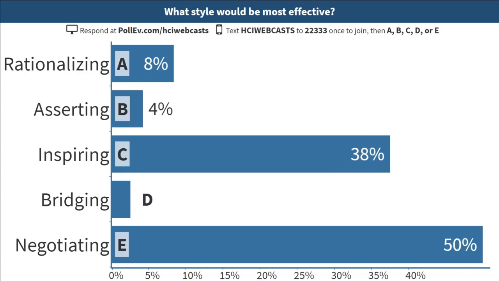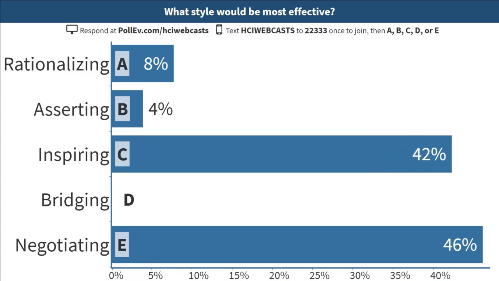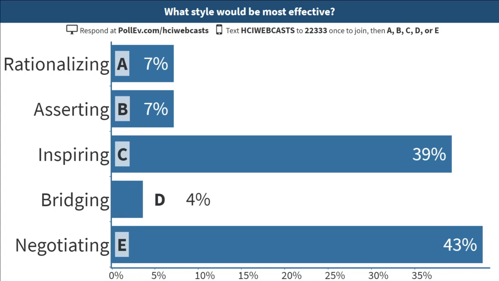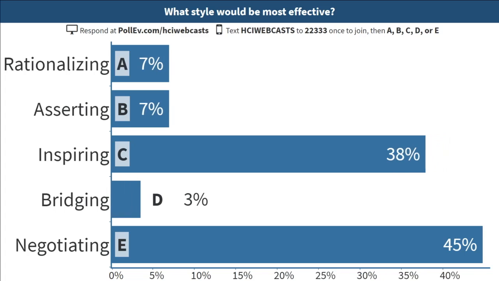That's not to say that, if you have something you're trying to sell, you're trying to pull people to your point of view, you could inspire. You could rationalize if you think the data suggests an obvious path, even though there are these divergent points of view and different ways of considering those data. And so there are other things you can do. This is a task that calls for that. Certainly negotiating would be a nice, appropriate way forward. And so the idea with negotiating, so that's great. Nice work. You can go back to the slides here.